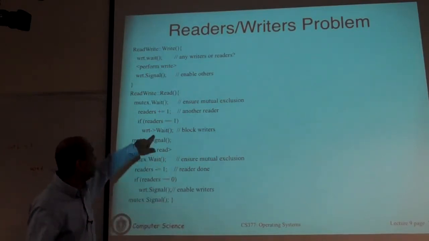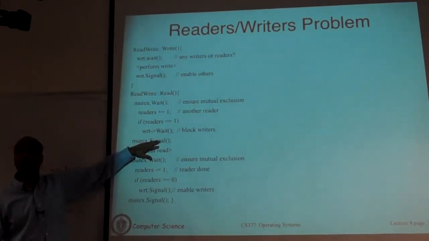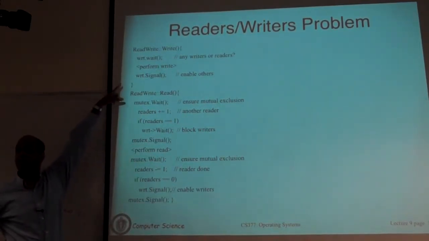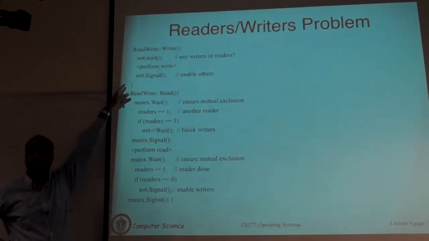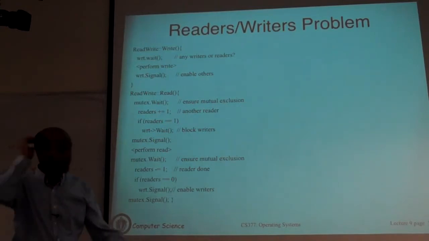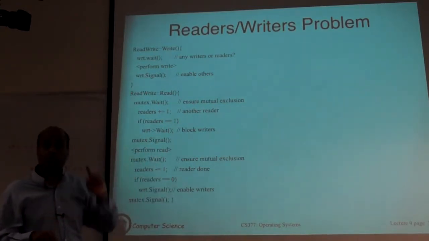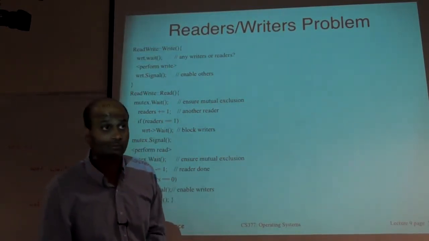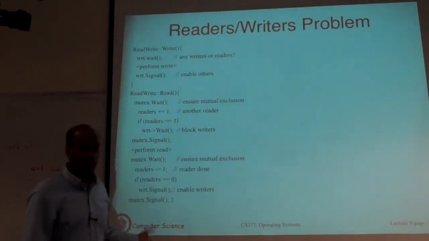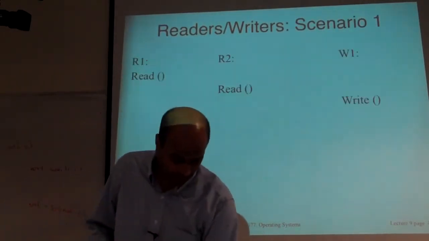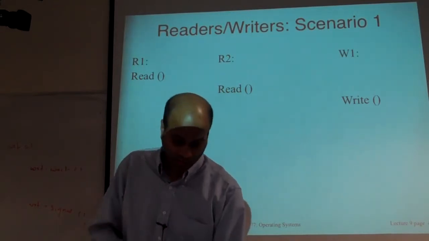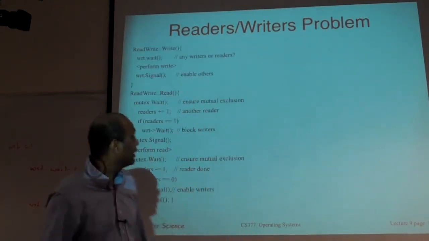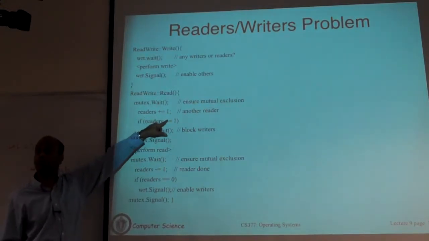Okay. So why is that causing the writer to block? Because when the reader calls wait, the semaphore value goes to 0. So now if a writer comes along and calls wait, that causes that value to go negative, and it blocks the writer. Okay, that's the reason: by doing this wait, they blocked off all the writers. Okay, so the first reader comes along, so in this example, it will proceed, as the count of readers has gone to 1.